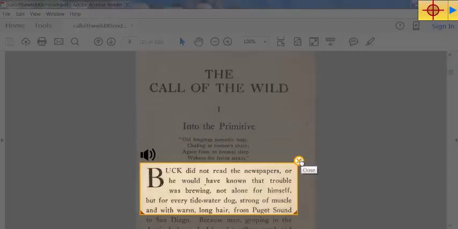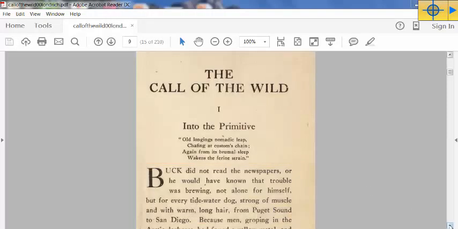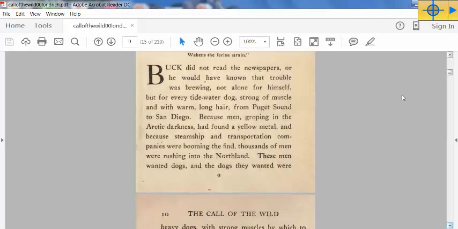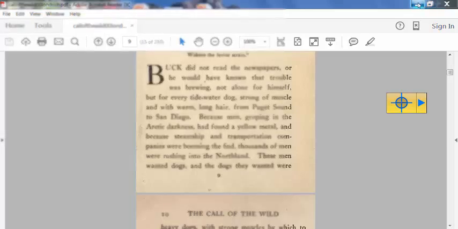So as I read this book, I can just continue to move down and then Snap&Read the next section. Although the default placing of this icon is up here in the top right-hand corner of my screen, I actually can click on it and drag it and move it anywhere I want it to be. So if that's not a convenient location for me, which it isn't right now because I want to switch to another screen view for you, I'm going to drag it out of my way so that I can minimize this